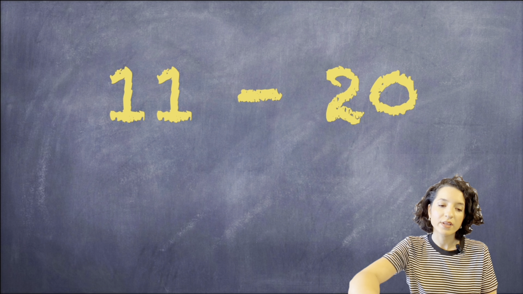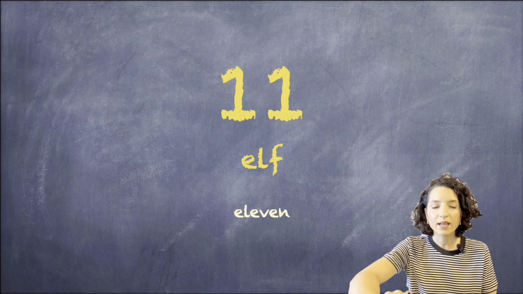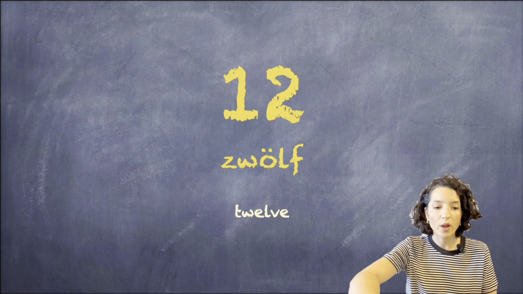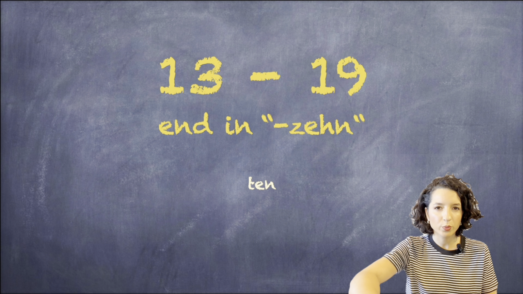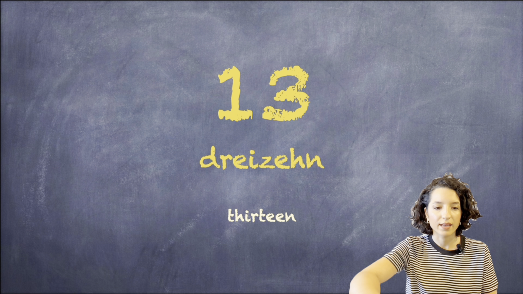We will continue with 11 to 20. 11 is 11, 12 is 12, and between 13 and 19, we will say the unit digit first, so in this case 3, and then at the end we will put the 10, like 13,